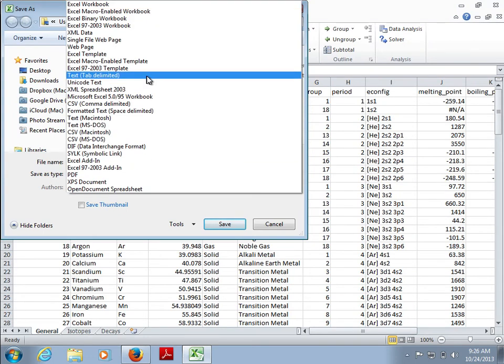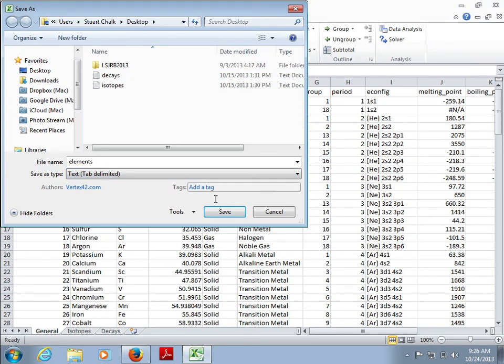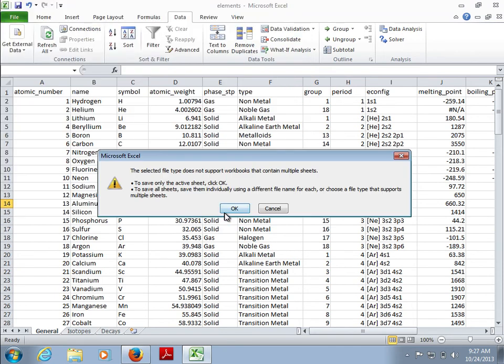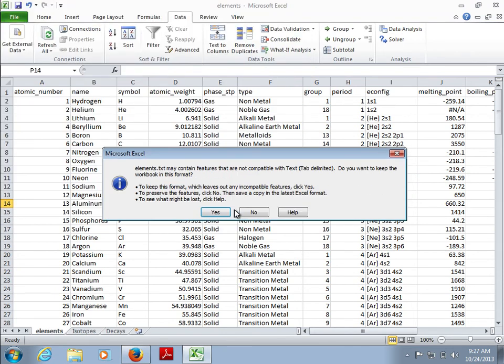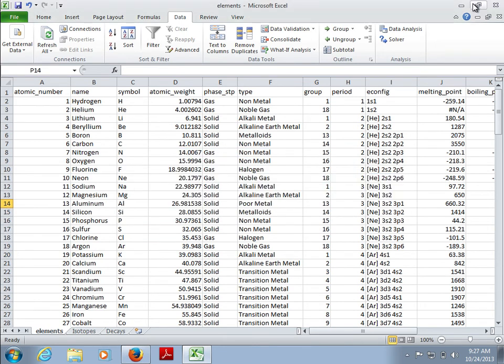Okay, so now tab delimited text, save, click OK. Okay, and again, you're going to do the other two worksheets. You're going to have to